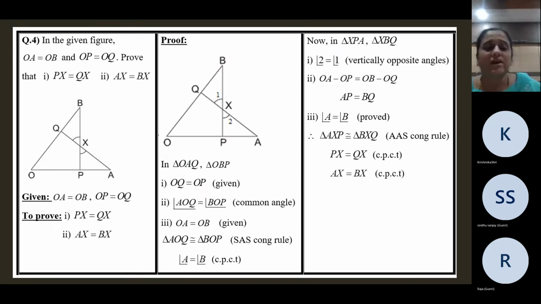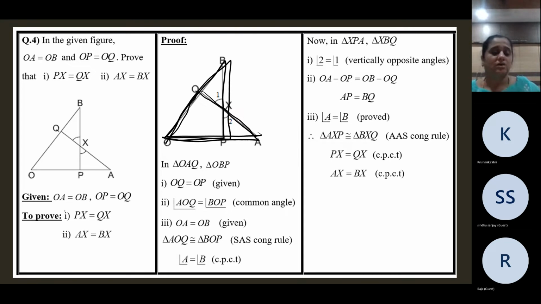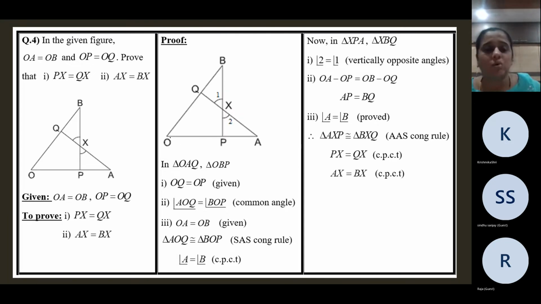So we take up the triangles OAQ, this triangle OAQ, and this triangle OBP, these two triangles. We take up this big triangle and this big triangle, these two triangles. In these two triangles, OAQ and OBP,